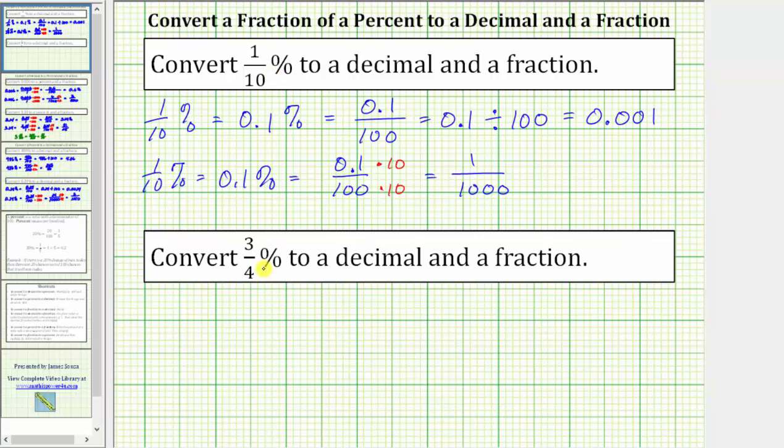Here we're given 3/4 of a percent. And 3/4 is equal to 0.75. This equals 0.75%. Remember, to convert 3/4 to 0.75, we divide 3 by 4,